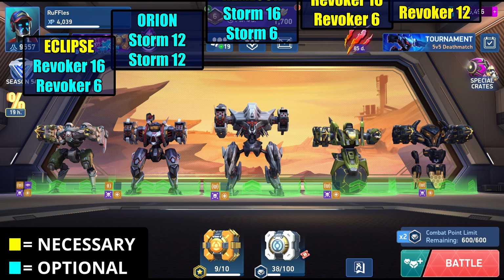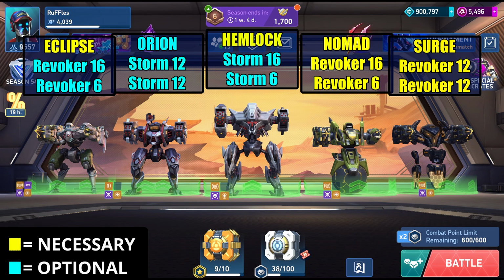At the end of Tier 8, your hangar should look something like this. Once again, the necessity of the mechs are marked. All of these mechs are very necessary, except for the epic one. That's just whichever epic one that you want to use. It's just whichever one does the best for you. And then once again,